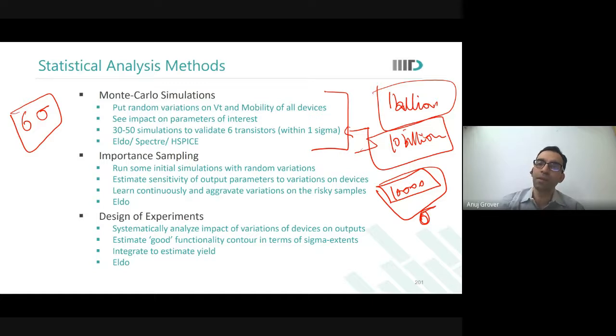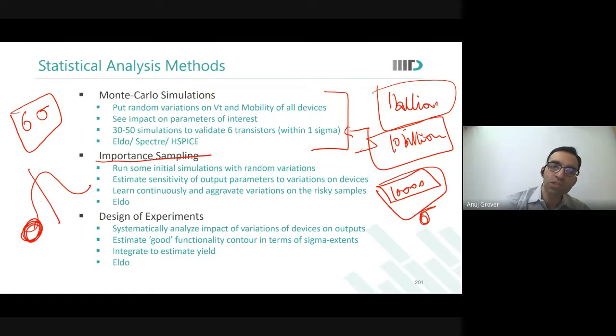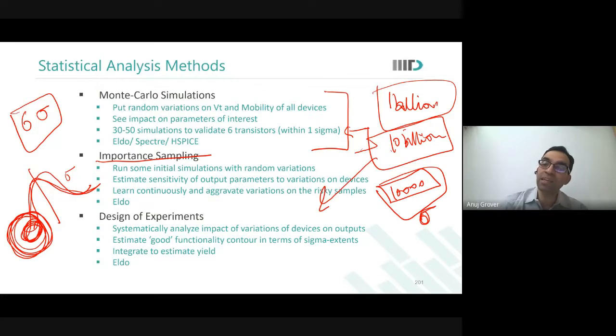However, there are other statistical techniques like importance sampling. For example, you know that for SNM, low SNM is the cause of concern. So instead of generating the entire Gaussian, what it does is, in the initial first few simulations, it generates for the Gaussian to get the value of sigma. Then it starts to generate samples in this region only, because this is the region of interest. So instead of 10 billion simulations, you're able to get yield estimates from, let us say, 1 lakh simulations, or even 50,000 simulations.